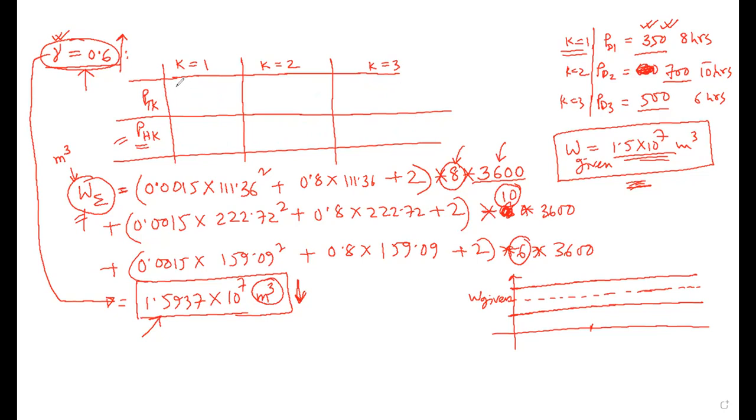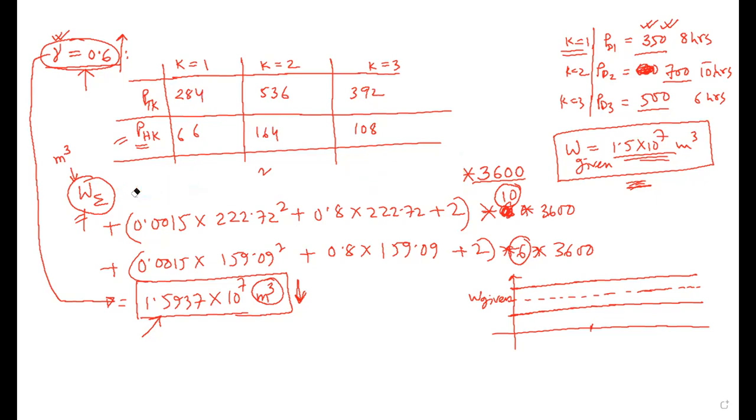We will get, let's say, PT 284, 536, 392, and PHK is 60, 66, maybe 164. You can calculate it, 108, something like this. With this updated PTK and PHK,